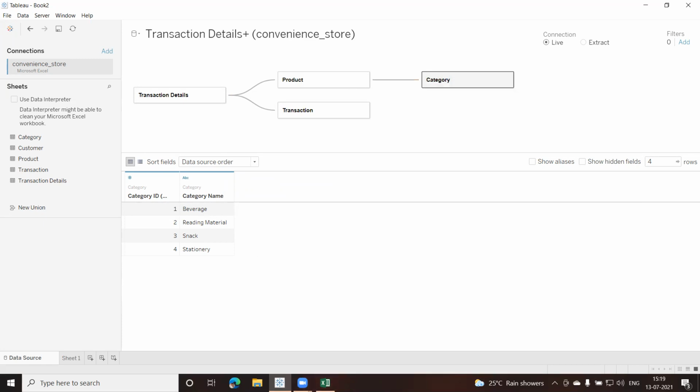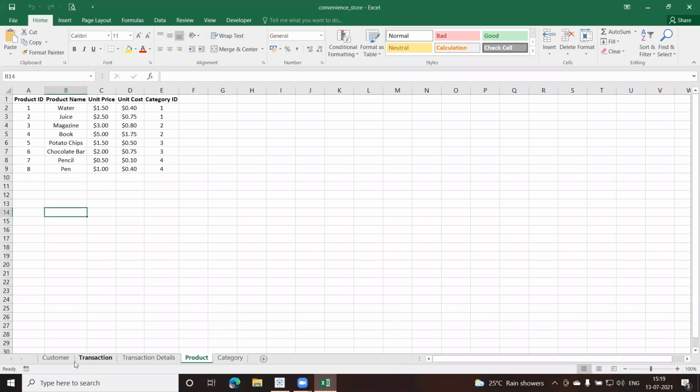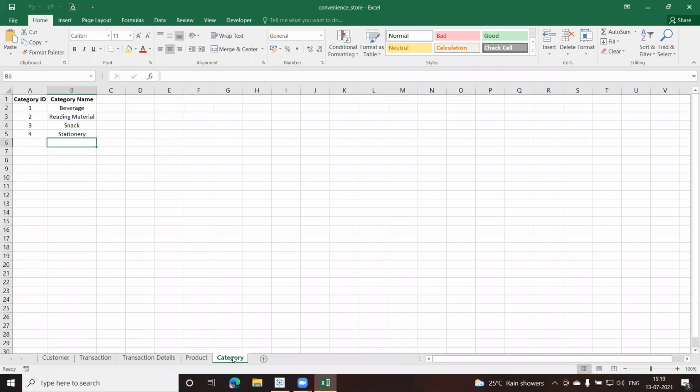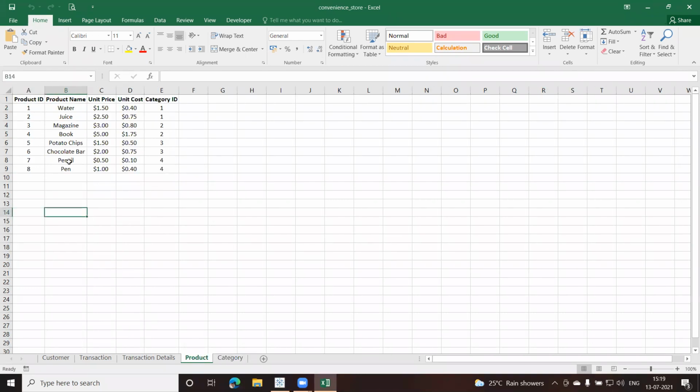But if you look at the table here, which is your product and category, you have only unique records. So one category might be available multiple times in my product table. You can see there are 2 records of, say, category ID 1. Similarly we have 2 for ID 2, then 3 and 4. So this is coming twice here.